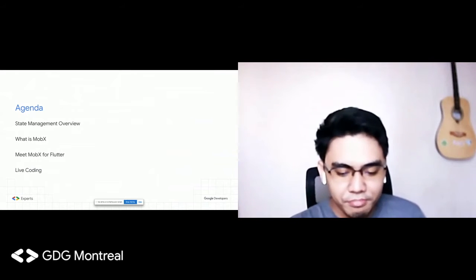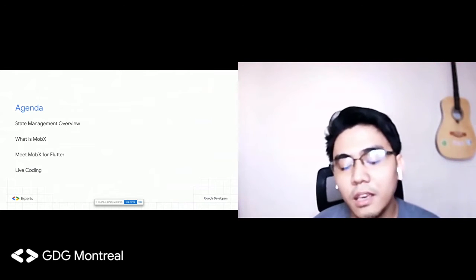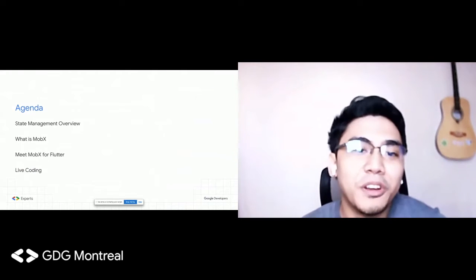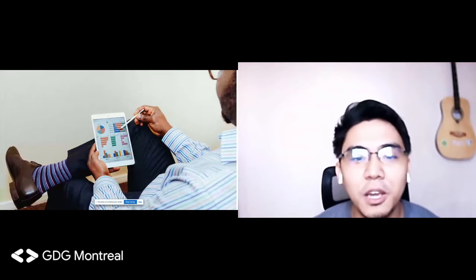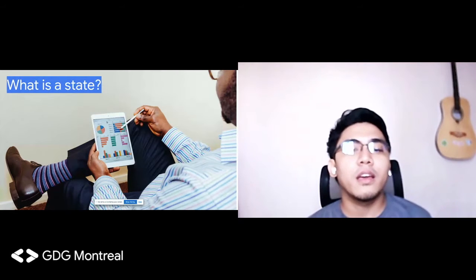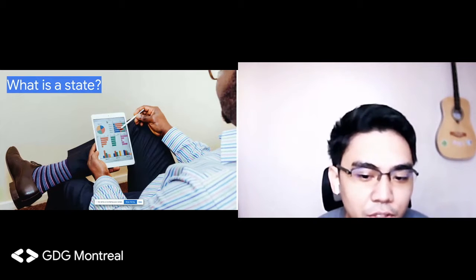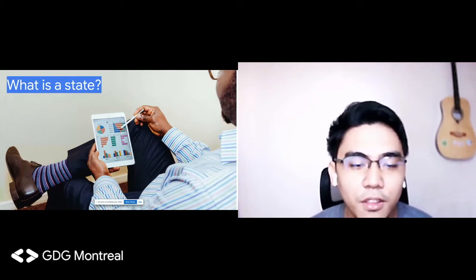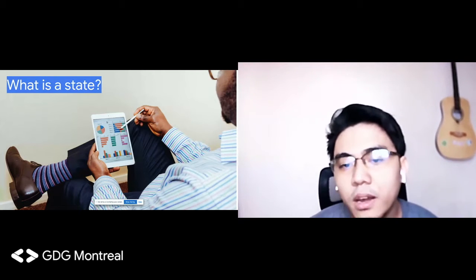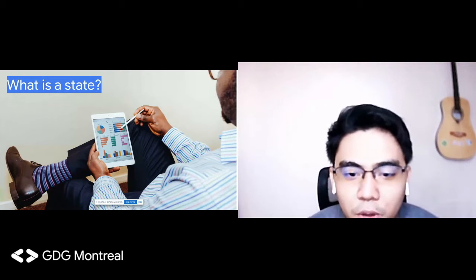Okay, so if not the most important, at least state management is one of the most important concepts that you have to understand whenever you try and build a new Flutter app or even on other platforms such as Android and iOS. And one of the key concepts that you have to understand is determining what state is in your app. So this helps you define how to model your applications and even how you can design the UI or UX of your application. And there may be a lot of definitions of what a state is specific to the platform, like Android, iOS, or Flutter, but